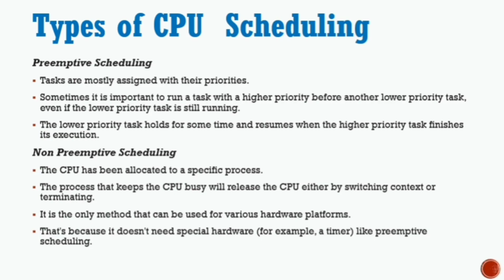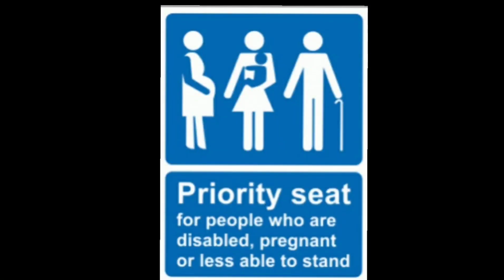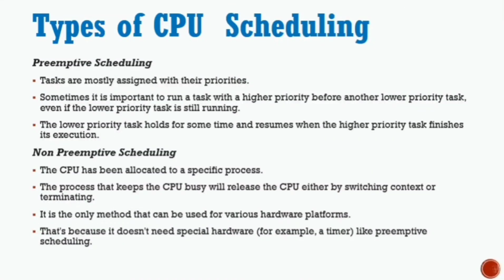This is actually something which we see in our daily life also. When we are traveling by any public mode of transport like a train or bus or metro, we often see that we need to give priority to old people or pregnant women, because they deserve to have a seat more than all the other youngsters, right? So here we give seats based on their priority. So this is one real life example of preemptive scheduling.